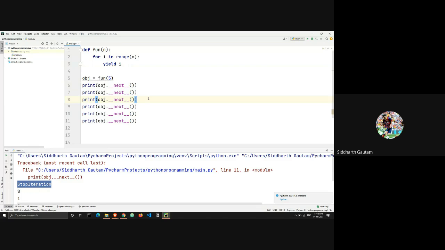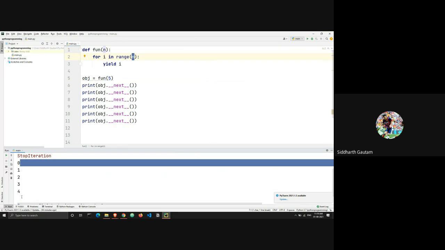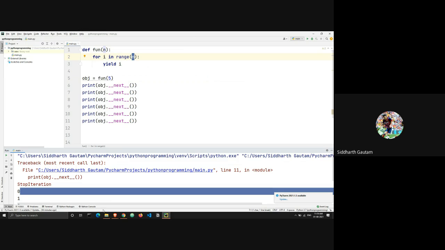But still the value of i is between the range of 5, right? Because when I pass this value of 5, it goes inside this function and it is for i in range of n, which means that n here is equal to 5, which means that inside the for loop the i cannot surpass the range of 5, right? Which is why I can print 0, 1, 2, 3, 4. But as soon as I try to increment the value once again, the value after that goes outside of the bound of range of 5, which is why it throws me an error.